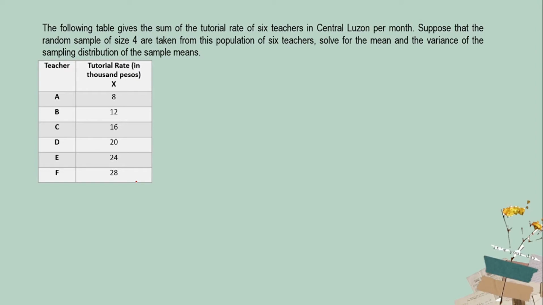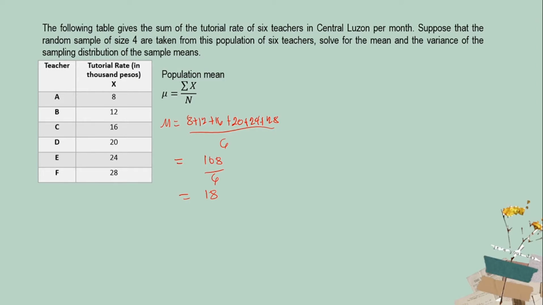So first, let's solve for the population mean. For the summation of x, we have 8 plus 12 plus 16 plus 20 plus 24 plus 28 divided by the n, or the population size, which is 6. Then this will give us a total of 108 divided by 6, which is equal to 18. So therefore, the population mean of the tutorial weights of the selected teachers in Central Luzon is 18,000 pesos per